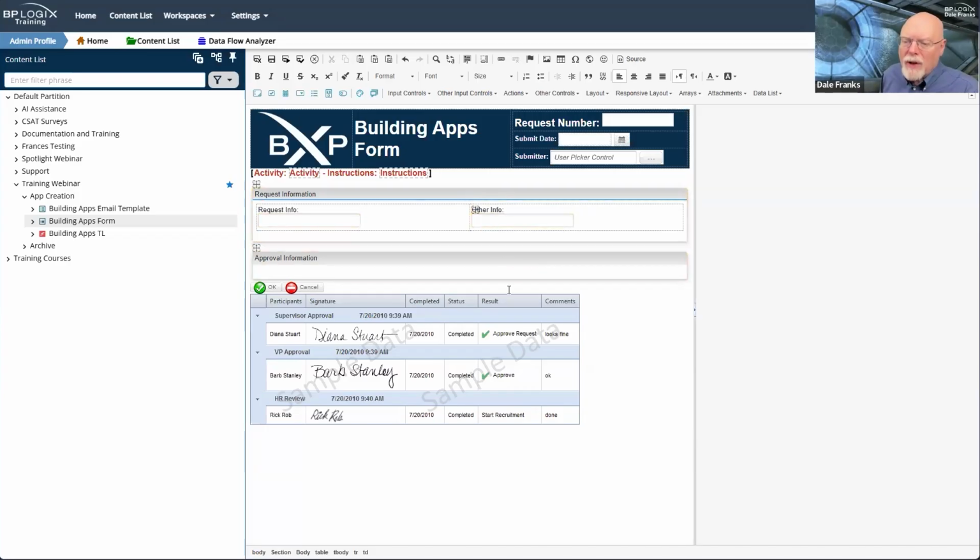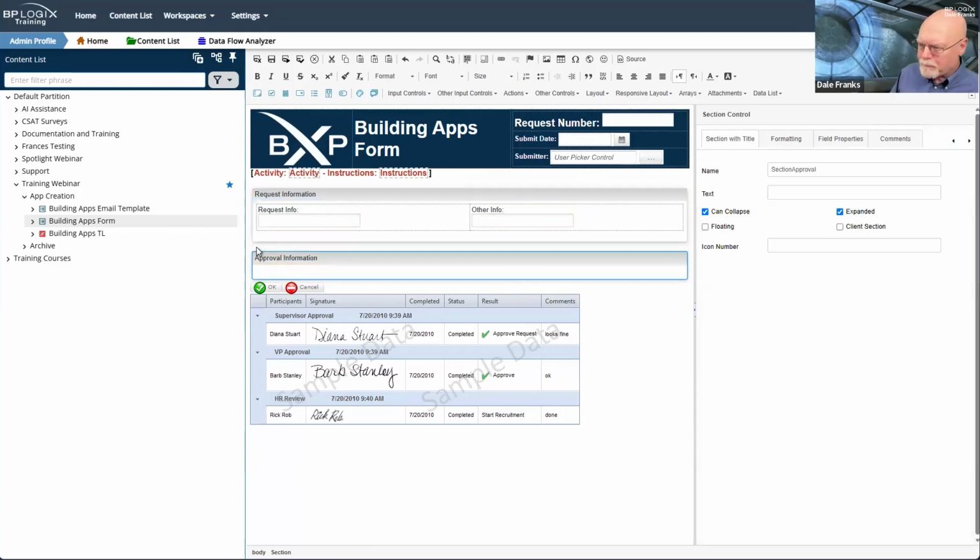That's really all we have to talk about in terms of making the form and making our request information. Now we need to talk about this approval information section. When we created our form last week, we set it up so that all of the fields are disabled by default on the form once the form has been submitted. So on a new form instance, everything is editable, and then we submit the form, and now nothing is editable.